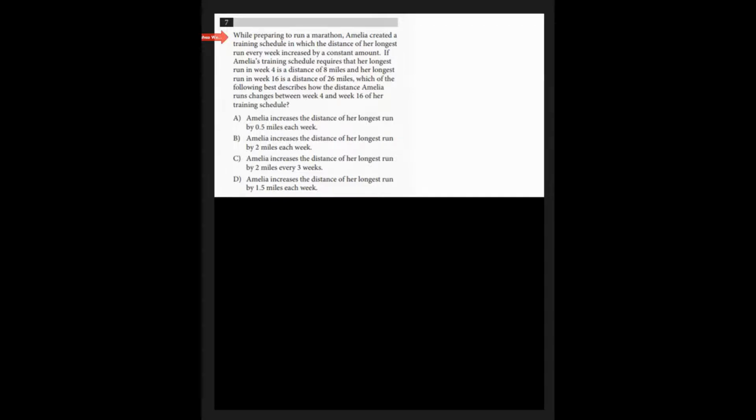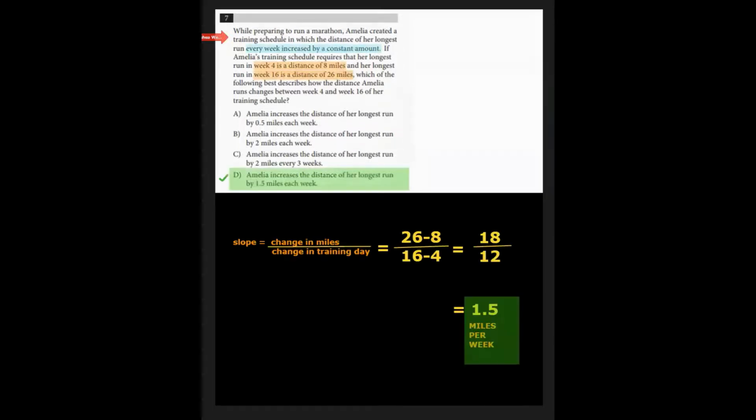Well, here she's scaling up, increasing miles for her marathon. In her 4th week of training, her long run will be 8 miles. And then in week 16, she'll do almost the full length of a marathon, or 26 miles. So in planning this out, we can figure out the slope. The change in miles of her long run for the week divided by the change in training week,